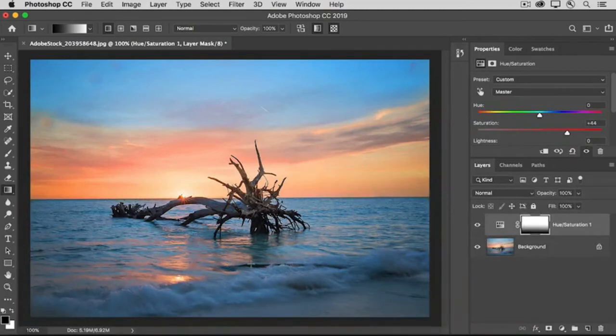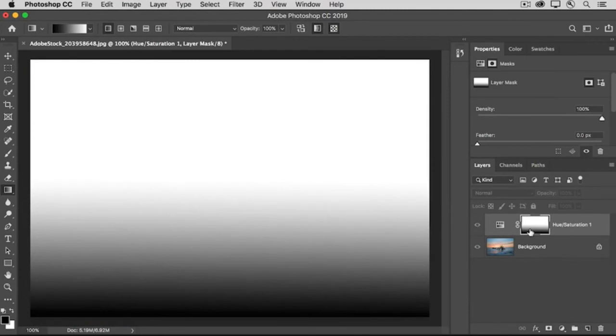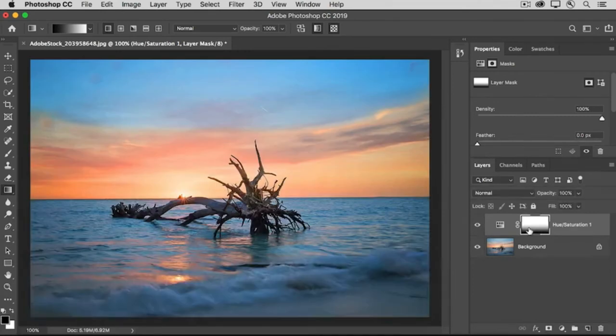Let's take a look at the layer mask to see why that's happening. I'll hold the Option key on the Mac or the Alt key on Windows to show you the layer mask here in the document window. And you can see that it goes from black through shades of gray and up to white. And where the mask is black, it's hiding the saturation effect. Where it's shades of gray, it's partially and gradually revealing that effect. And where the layer mask is white, it's completely revealing the increased saturation effect. Let's go back to the regular view again